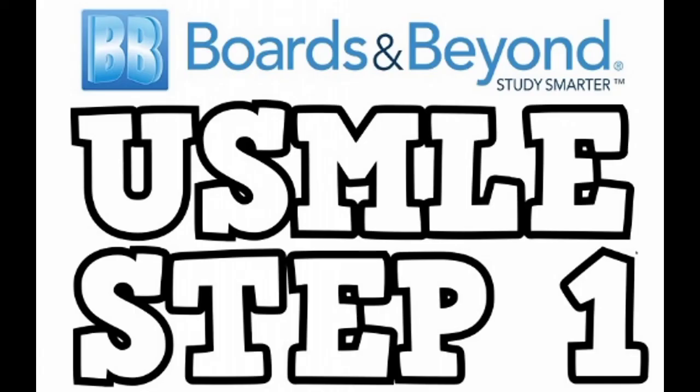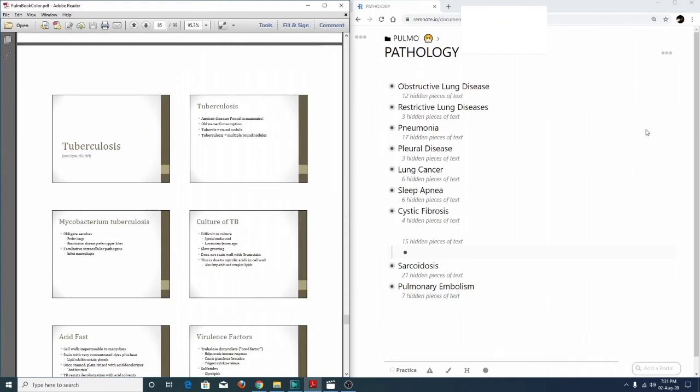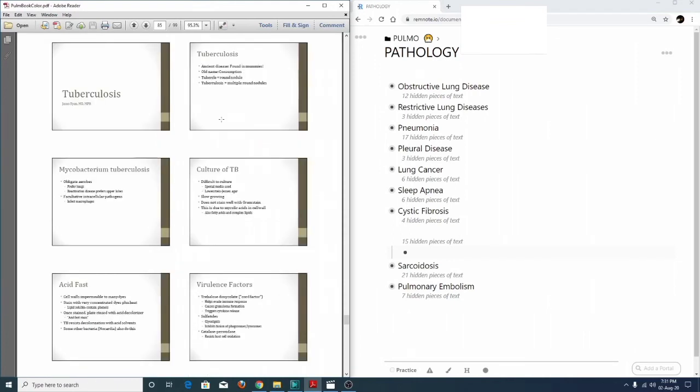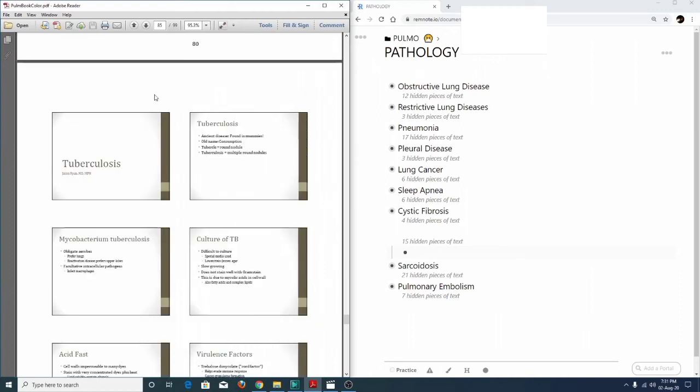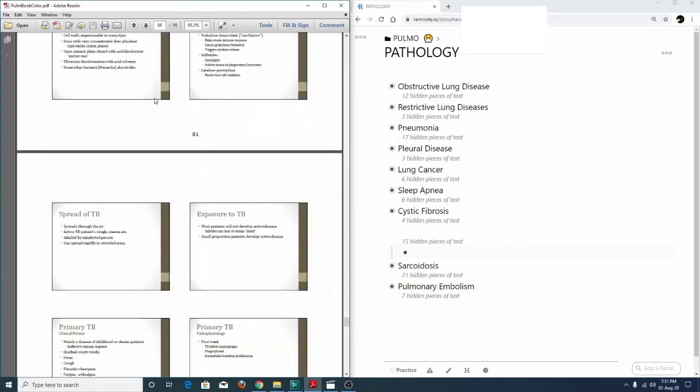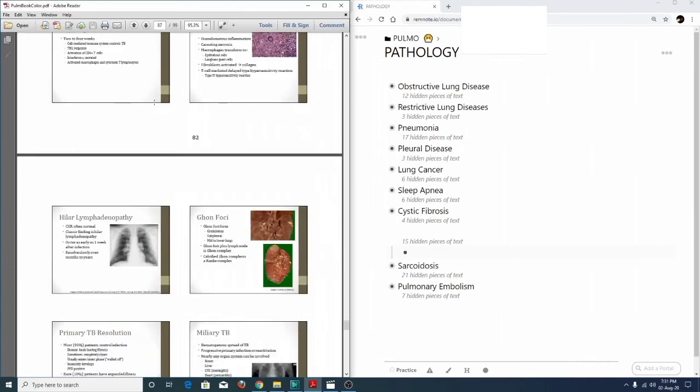If you are preparing for USMLE Step 1, you would have definitely heard about Boards and Beyond and how useful it is. The speciality in those lecture series by Dr. Ryan is that he presents all the information in bullet styles, nesting all one below the other, and that's in fact the way RemNote is designed. Let me illustrate by a walkthrough.